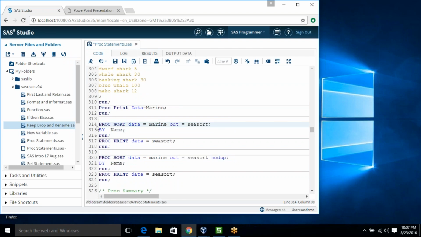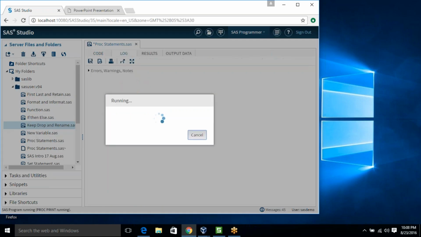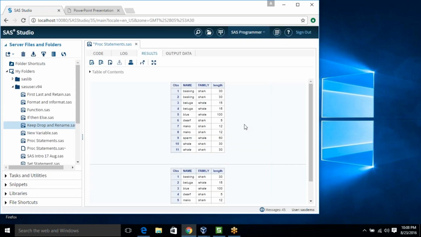First I am sorting the data based on the name. So basking, third and fourth are common, fifth is single, sixth is single, seven I am making two entries, nine is single, and 10 and 11.